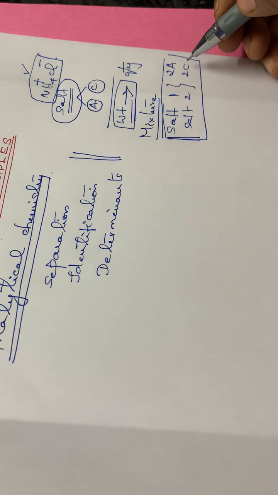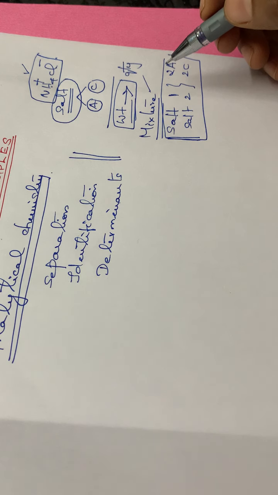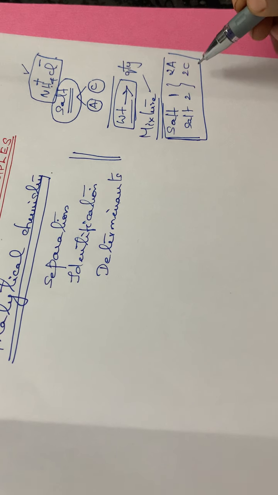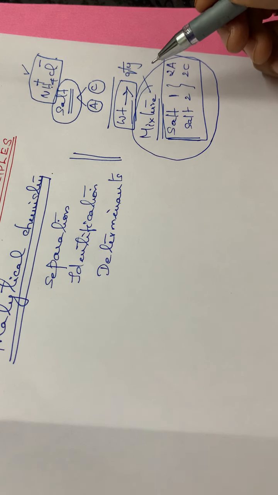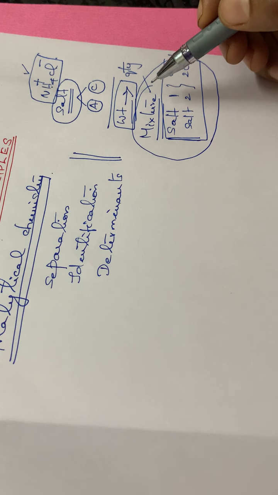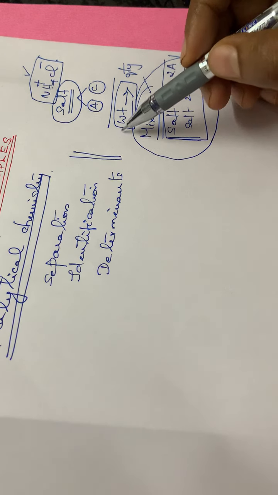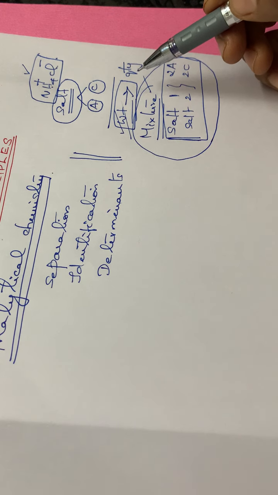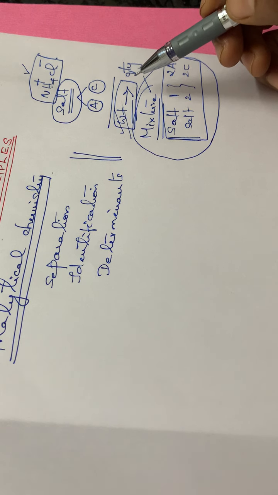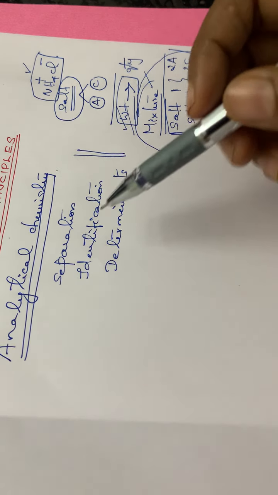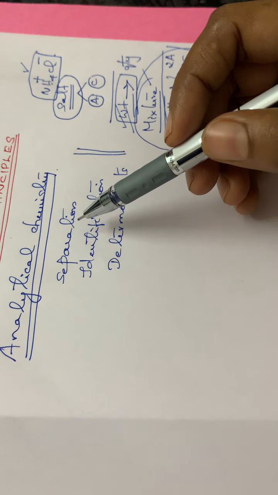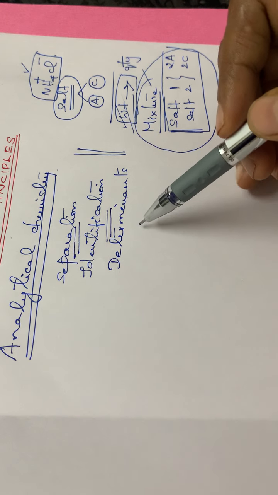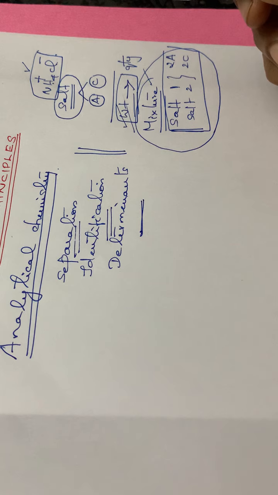So that is what you are going to do in your S3 and S4 classes. You have to do practicals in that, identification of cations and anions present in a mixture. So this is one type of analytical chemistry. There you have to identify the anions and cations, and another one you have to determine the weight, or you have to determine the quantity of the substance present in a particular solution. Okay, so these two are the main components of analytical chemistry. So analytical chemistry deals with the separation, identification and the determination of the constituents of a given substance.